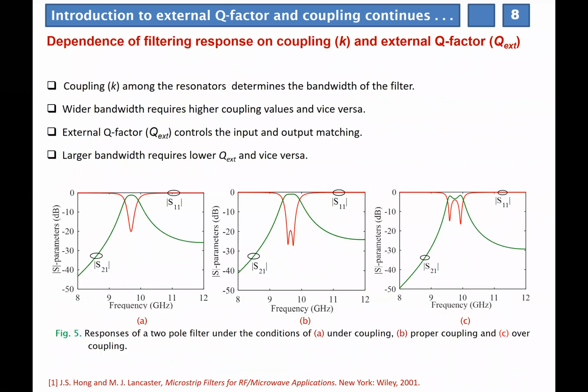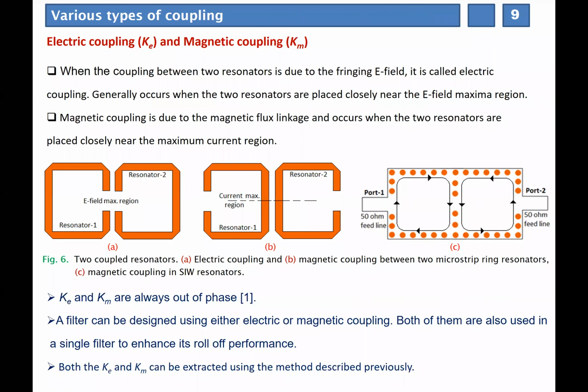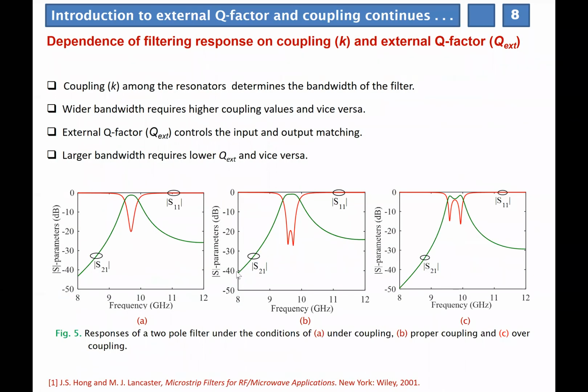And the third one is like this. Once you start the tuning of a filter, I am just showing you the simplest structure of a two-pole filter. Whenever you are optimizing a filter, you may have this type of response, figure 5a. There are two resonators, so we must have two dips in S11, but here you can see only one dip. Under such a situation, we call it an undercoupled filter.